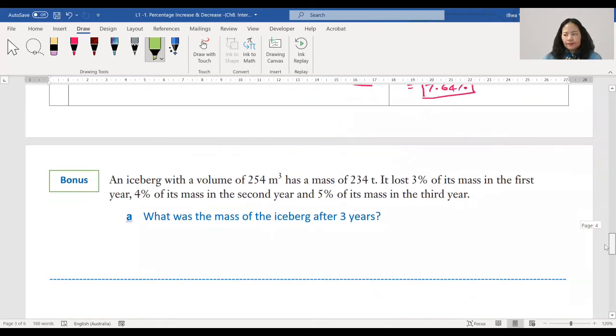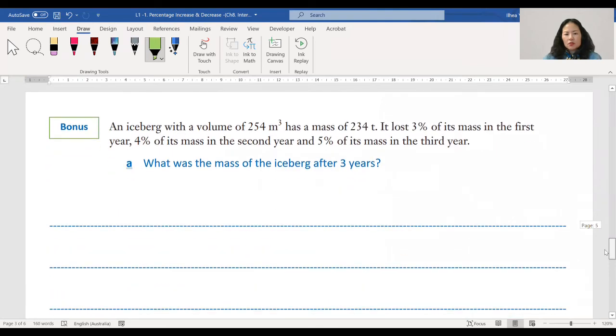Next question, bonus question, because you've been so good. An iceberg with a volume of 254 cubic meters has a mass of 234 tons. It lost 3% of its mass in the first year, and then 4% in the second year, and 5% in the third year. Well, this is a really good question because it's an environmental issue, global warming, which is very, very serious. So what was the mass of the iceberg